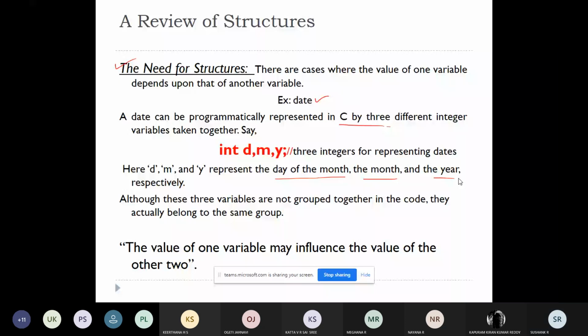Now when you talk about those three integers individually, they don't have meaning, but when you combine them, they get meaning. These three variables are not grouped here. They have just declared these three variables.